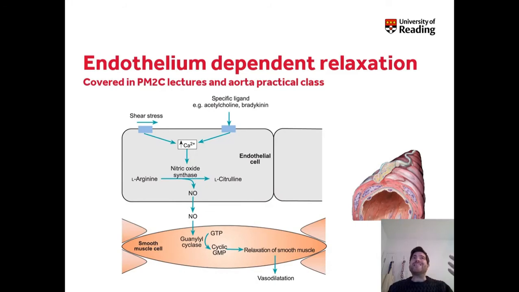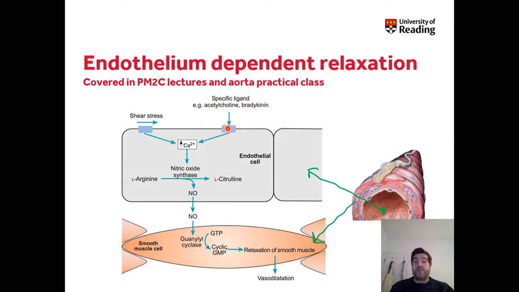I'm going to first deal with the endothelium dependent relaxation mechanisms. What I'm showing you here are the endothelial cells shown in cartoon form. These are the smooth muscle cells forming the wall of the artery. And we'll cover a lot more of this information next year. So what's happening if there's flow, increased flow or shear stress across the endothelium, or if specific ligands or hormones